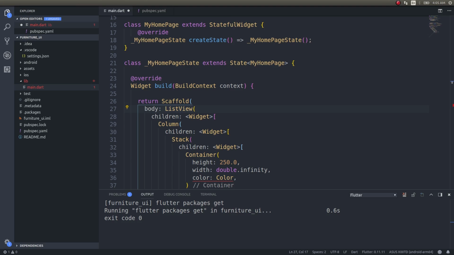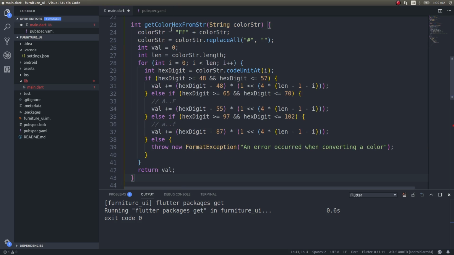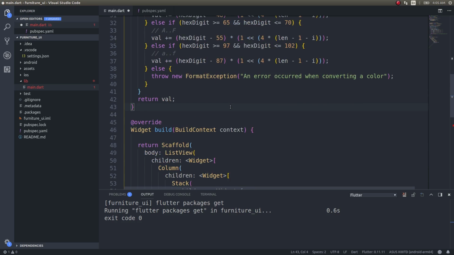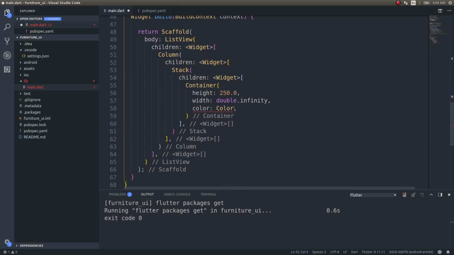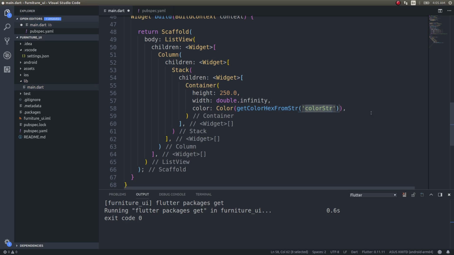So I'll make use of that function here. Just copy it and paste it here so that I can use it. This is the get color hex from string, and it will return an integer. So I'll just use that function, get color hex from string, and the value would be